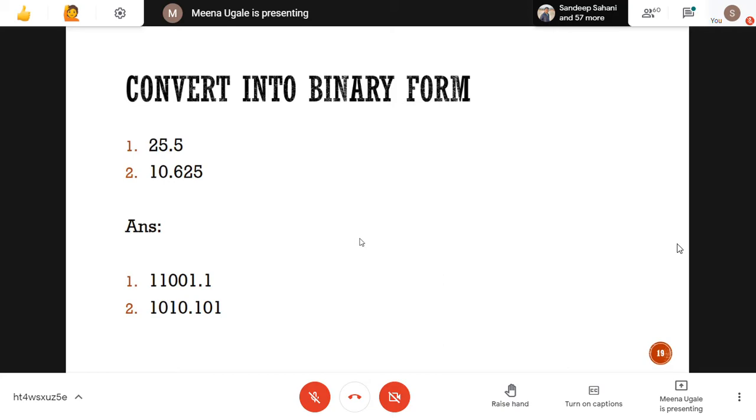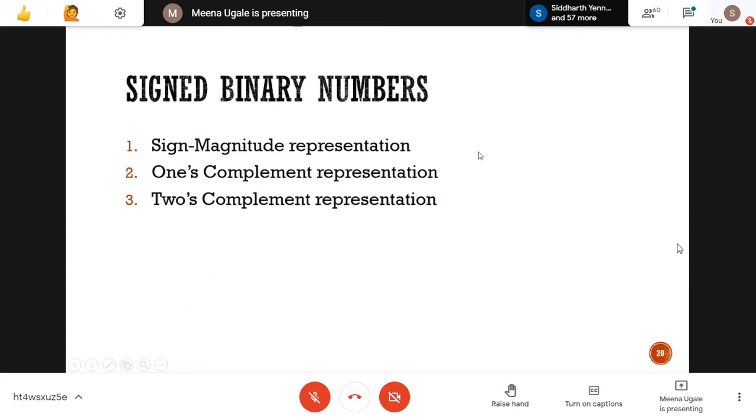So you can see how easy this is to gain the marks, even for MCQ as well as for your subjective. In subjective, you have to show the stepwise calculations. Then only you will get full marks for this one. Fine, then we will go for the next part.